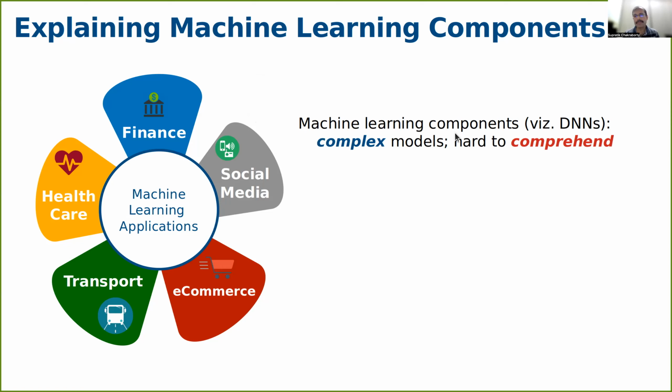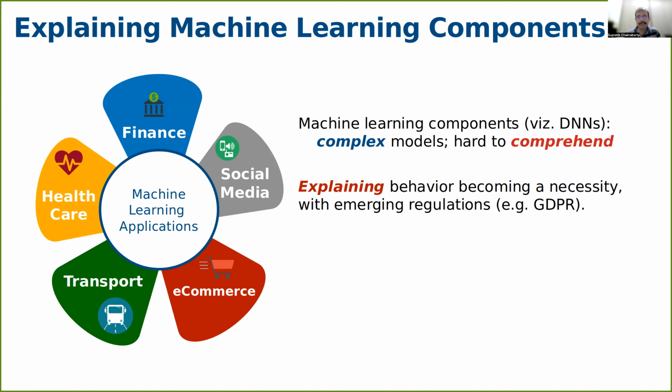Because the kind of components that we are using are like deep neural networks, which are complex and hard to comprehend. When they take certain decisions, it's very hard to look at the structure of the deep neural network